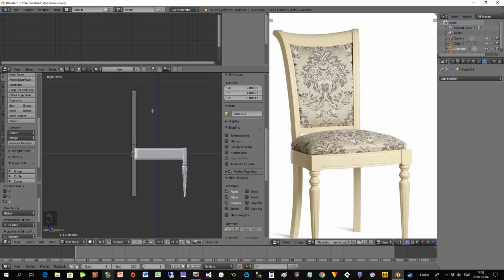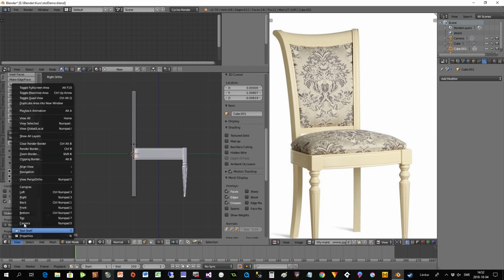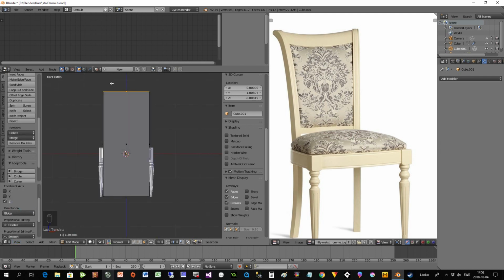So now we have the basic shape done, so we can go back again, view and front. So now we have it in front of us. And the next thing I will do is to divide this into different parts, and I will show you why. So I press Ctrl R, press 9 times like this, and now I will also